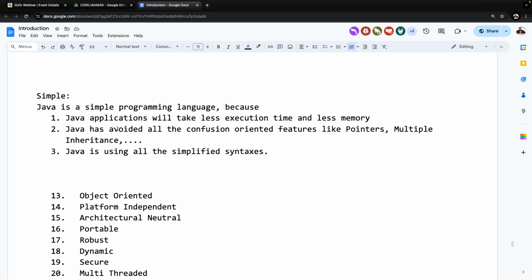Understand, guys, what I'm telling? Do you have any such standardizations to certify that this programming language is simple and this programming language is not simple? Do you have any such organizations to give certifications? No, we don't have any such standards. We don't have any organizations to certify whether a particular programming language is simple or not. We don't have any such things.